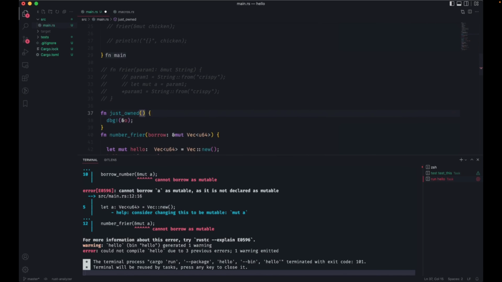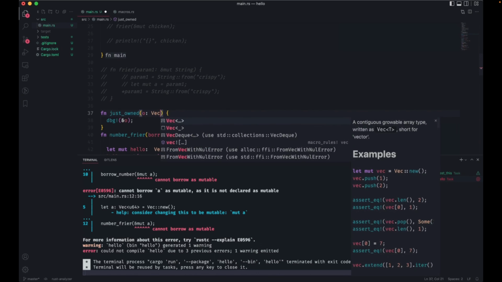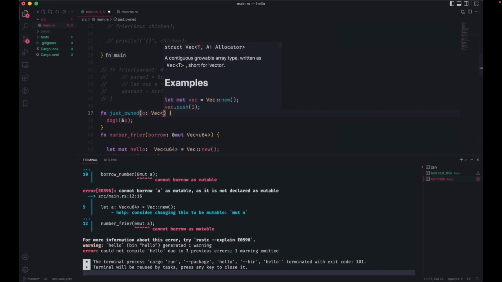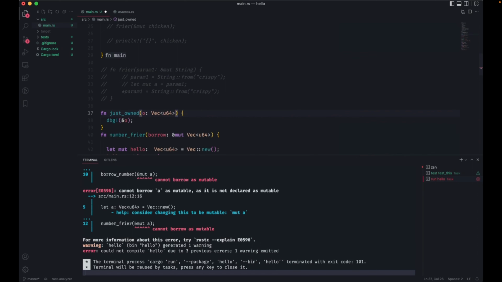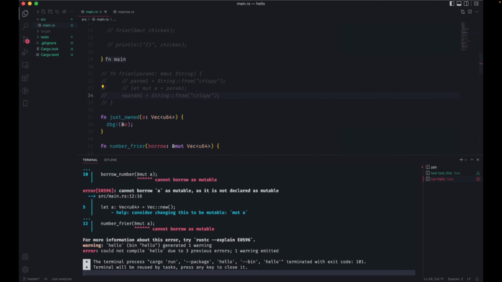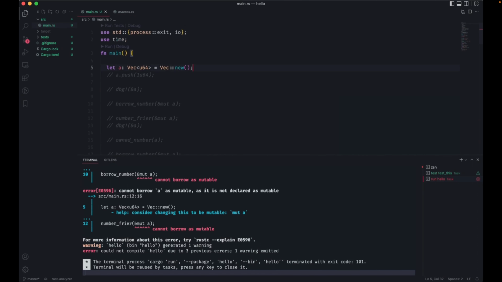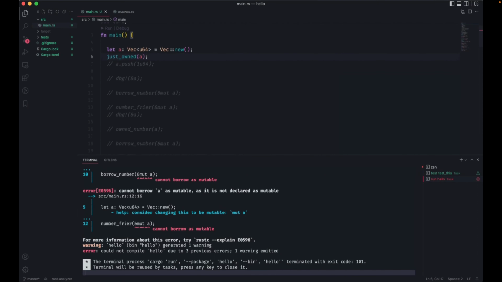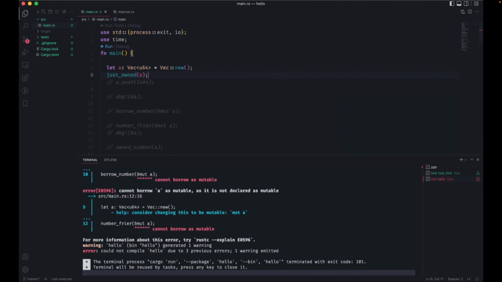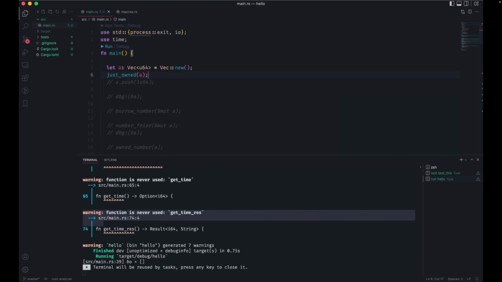I'm going to do this here. O is a vector type U64. Yeah, this is kind of what you're saying. Can I just do just owned of A here? Yeah, okay, this is fine.